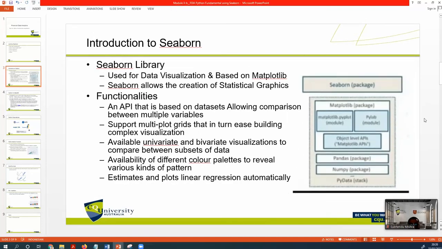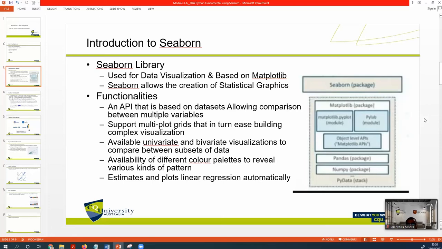Okay. So Seaborn allows the creation of statistical graphics through the following functionalities. First, we have the API, which is based on datasets and allows comparison between multiple variables.